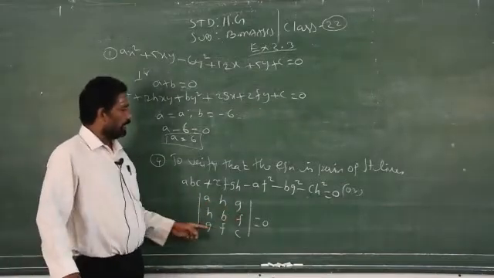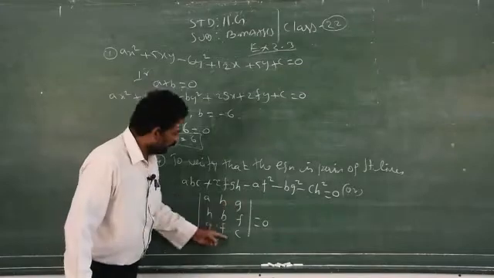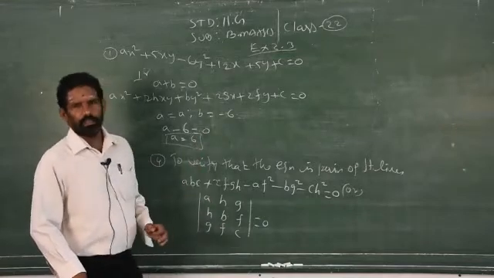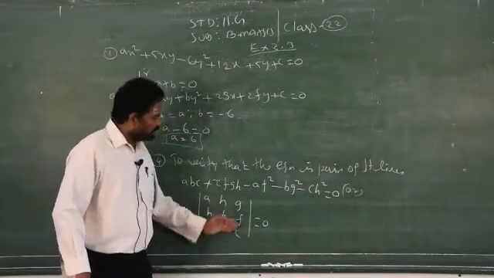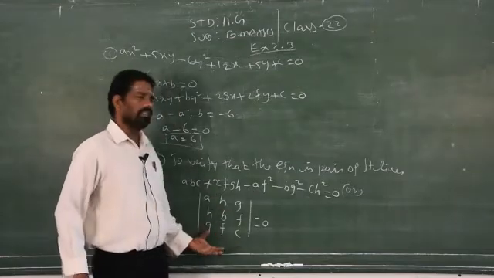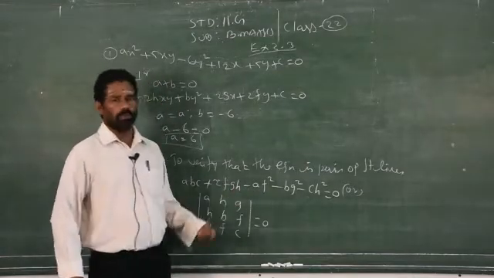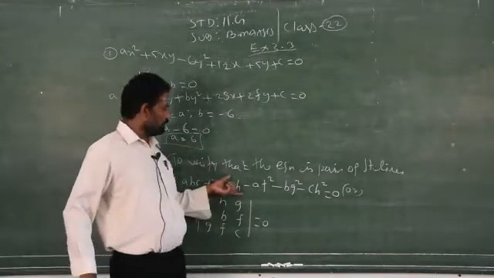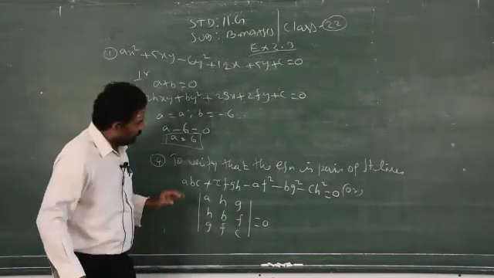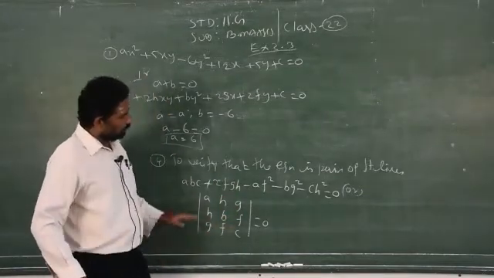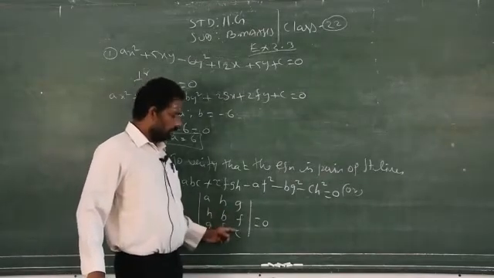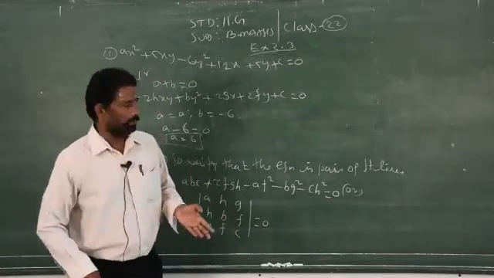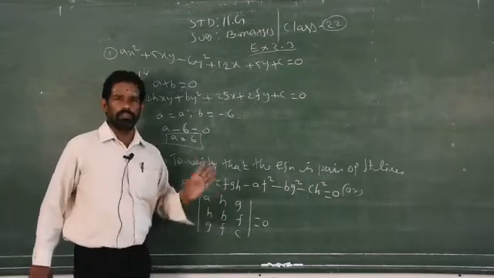I suggest you take the second option when the values of the constants are whole numbers. When these numbers are fractional, please don't go for this determinant method. Please refer to the previous one. That is my suggestion. Clear? No sir, can I use the first formula or the second one for all cases? That is your wish. When these constant values are whole numbers, then we can take the determinant method. When the constants are a combination of whole numbers and fractional numbers, better you go for the first one. That is your wish. You take any one.